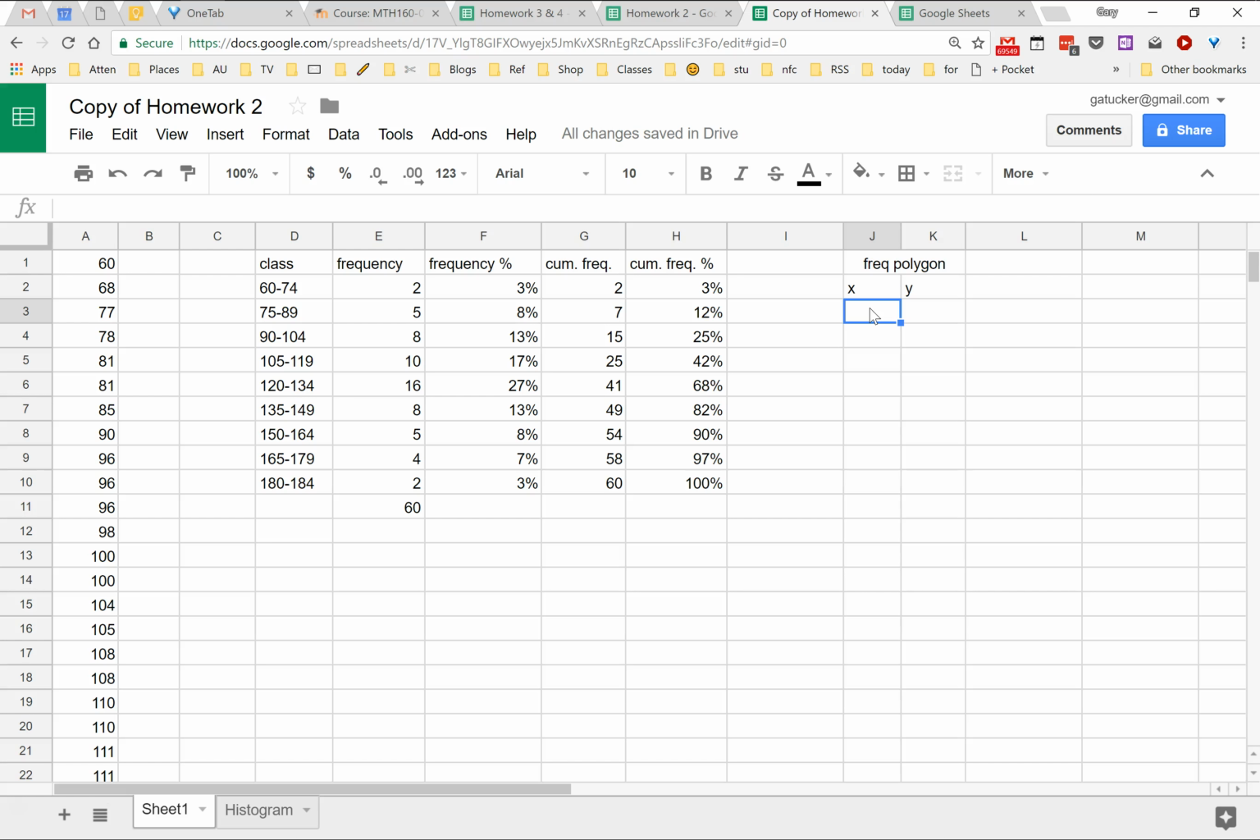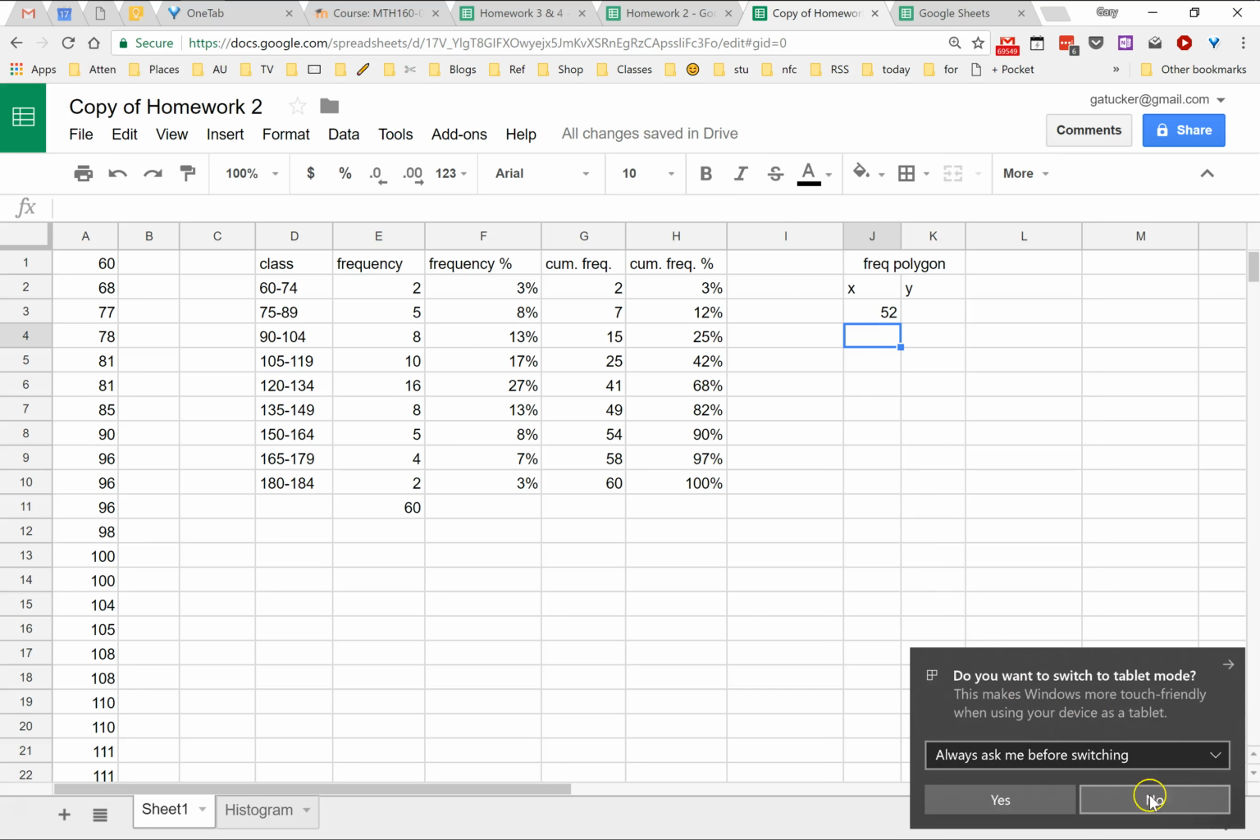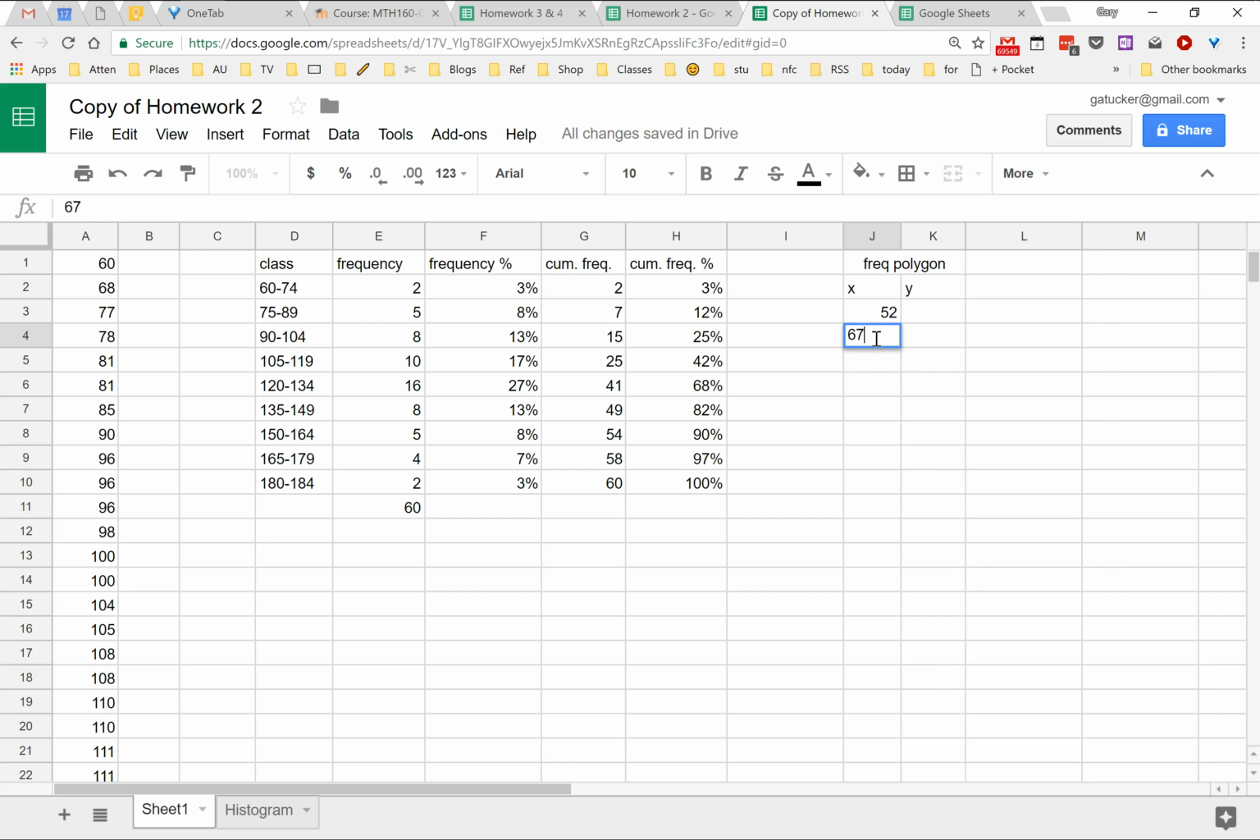So I need the midpoint of each class. And I need to start with the class below the data. The class below the data is 45 to 59, which has a midpoint of 52. Then 60 to 74 has a midpoint of 67. The joys of computers. Now, when I highlight both the 52 and the 67, and I drag this lower right-hand corner, it's going to continue that pattern. And I went one too far, so I'll select that